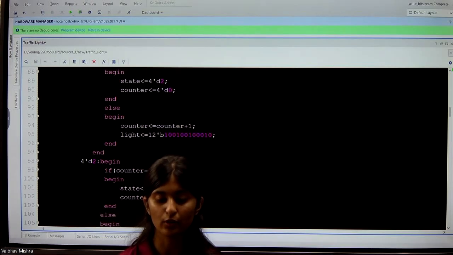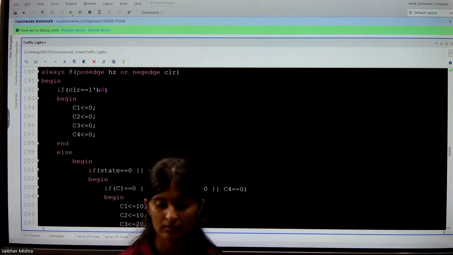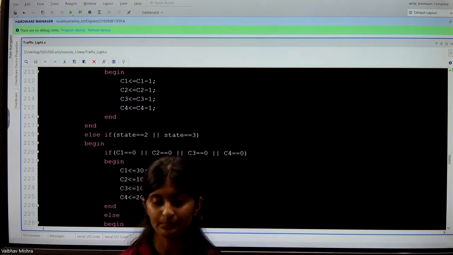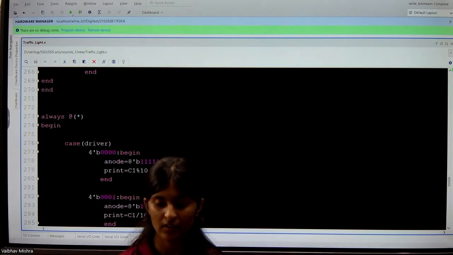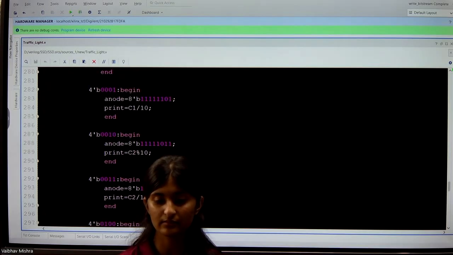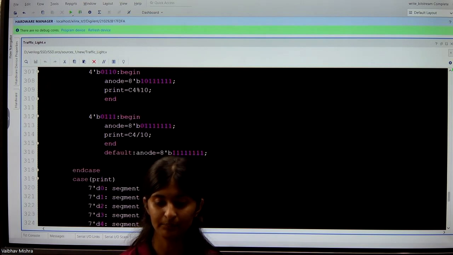Similarly, it goes on for all these states. This is the FSM for the live timer. And this is the case for our 7-segment display, what data would be displayed on the 7-segment.